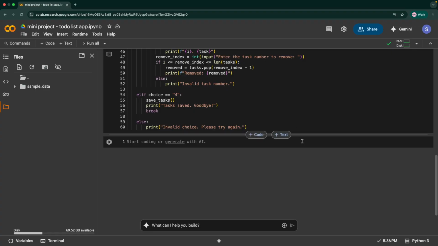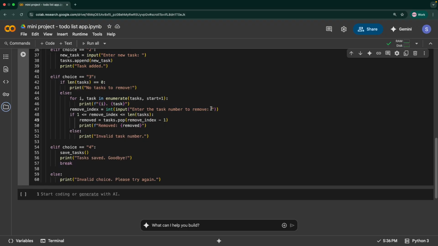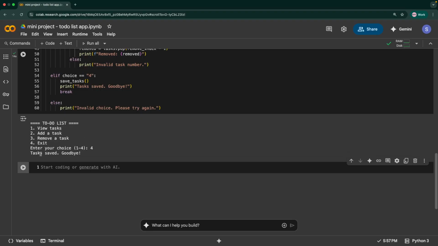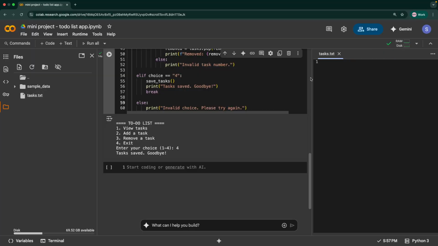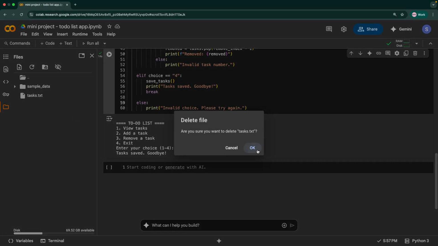Okay, so now let's see how this thing works. So when I run this code, it gives me the menu. So this is the menu that I told you about. When I put number 1, it would show me the list of tasks that's available. 2 is for adding a new task, 3 is for removing a task, and 4 is for exit. If I don't want to do anything, I can simply press 4 and that's going to exit it, and it says tasks saved, goodbye. But we don't have any tasks there, right? So if you open this, there won't be any tasks. You can still keep it, or you can just delete this as well. So that's good for us, because again, we can test it from the start.